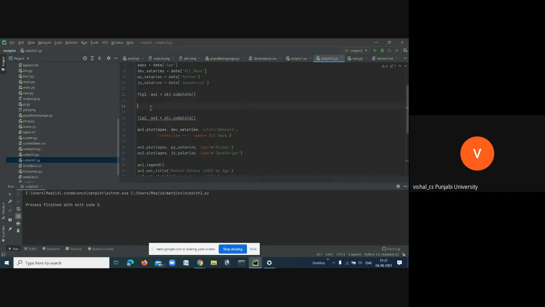Now, this is another thing. I have told you that the figure can contain more than one plot. So simply, I can create a second axis here. There is no need to do more, you can check it out. When I pass it for a single axis, I don't pass any argument. When I pass it for more than one axes, I have to pass arguments. What will those arguments be? The arguments for the rows and the arguments for the columns.